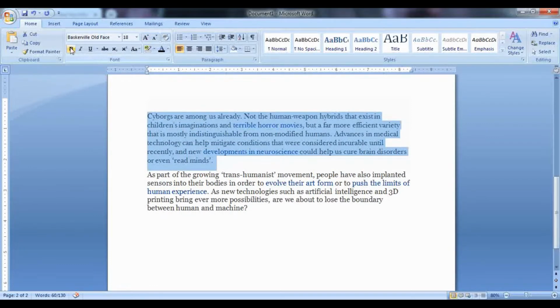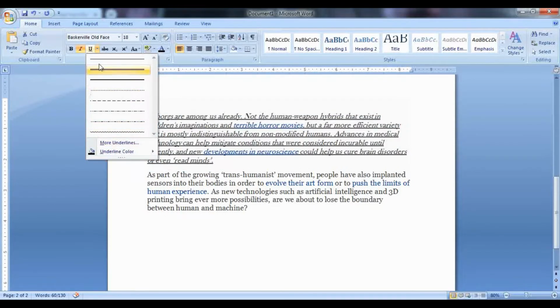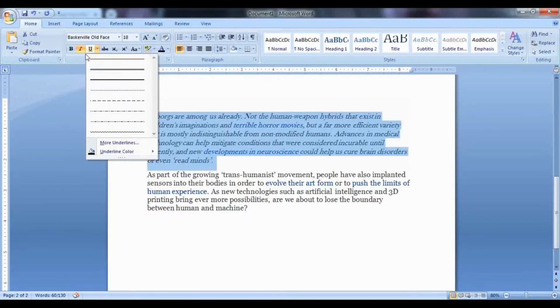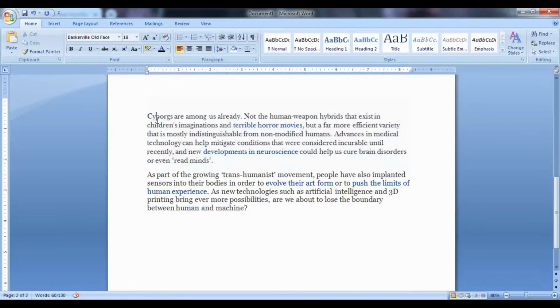Then coming to the next line. If you look here, first one is to make the text bold, as you all know, then italic, underline. In underline, you have different options, different types of underlines which you want to choose. Then you can also strike a word. For example, I'll just strike a word for you and I'll show you. So just click like this and you see.